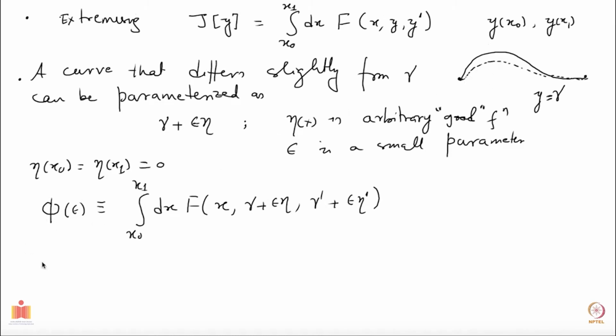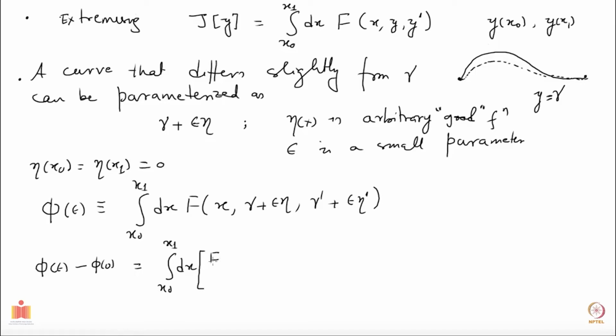Okay. Now let's look at phi epsilon minus phi naught. So we are asking how much the function phi changes as you go from this curve to a neighboring curve, and the difference is clearly the integral from x0 to x1 dx. So I'm going to expand it around epsilon equal to 0. So let me write it down as,